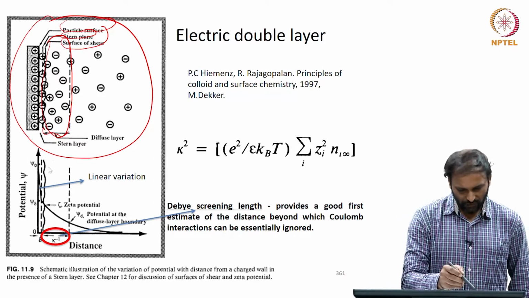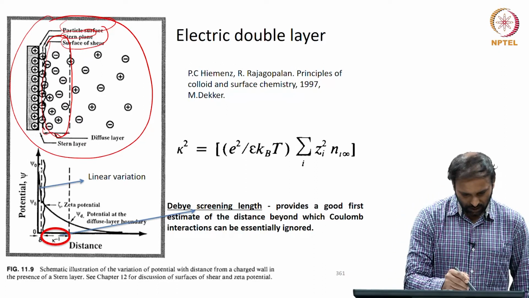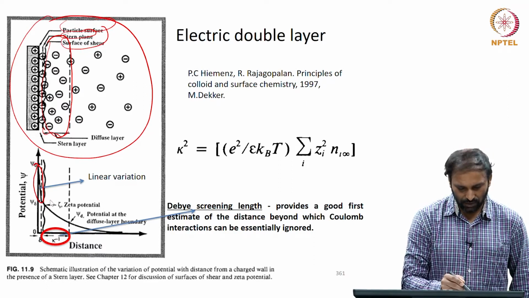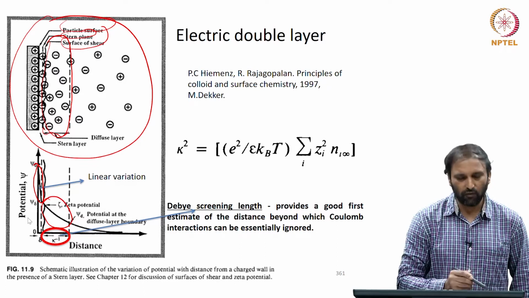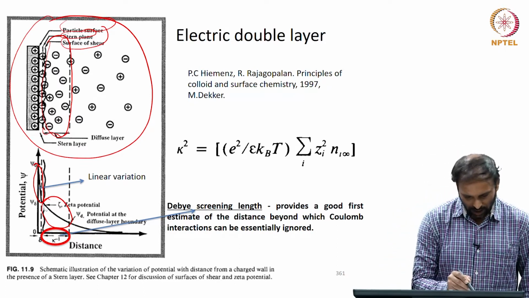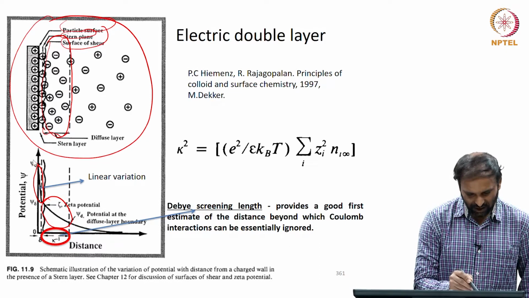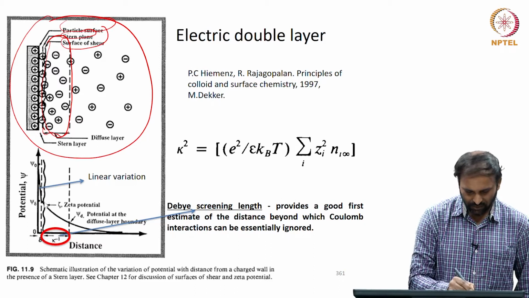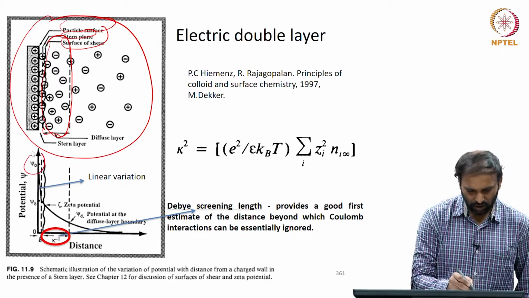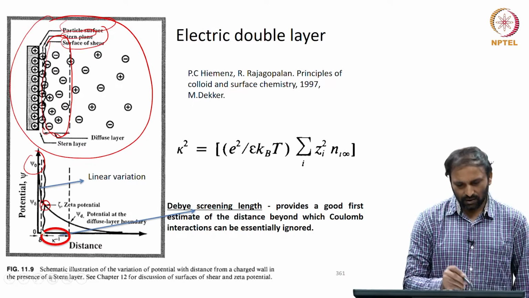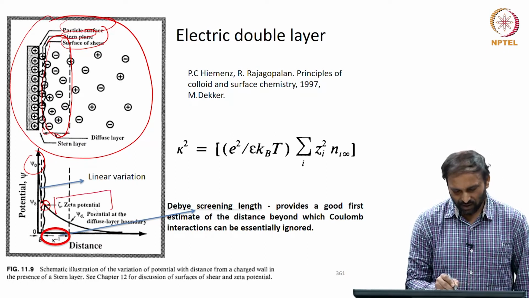So, if you look at the Stern layer, the linear fall of potential is evident, and in the diffuse double layer the potential falls more in an exponential way, and the potential at the surface is psi naught. The potential at the plane of shear is the zeta potential,